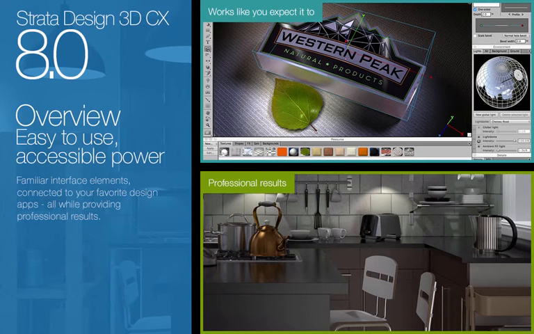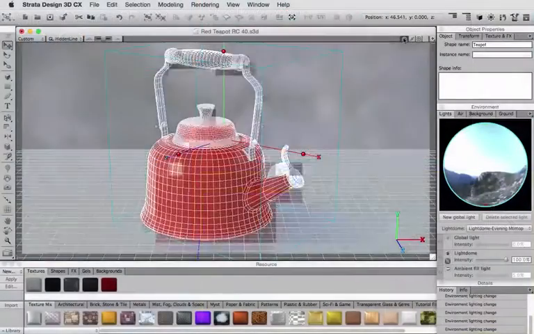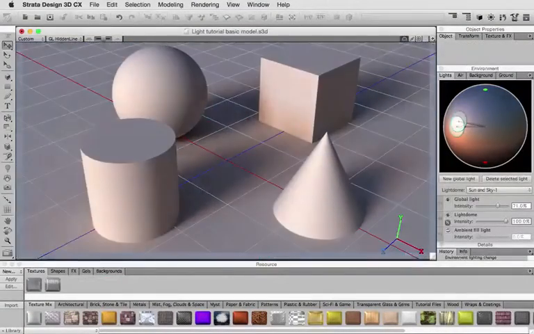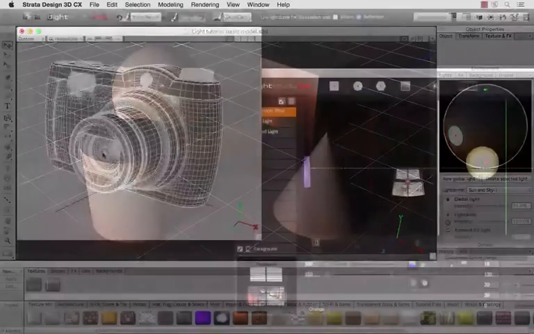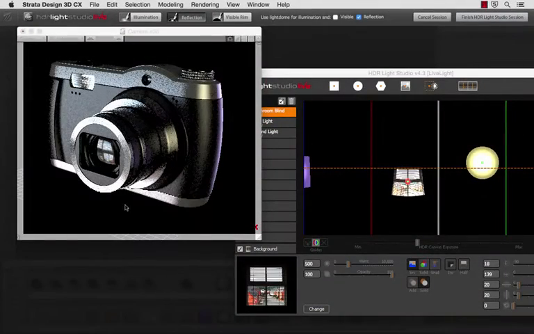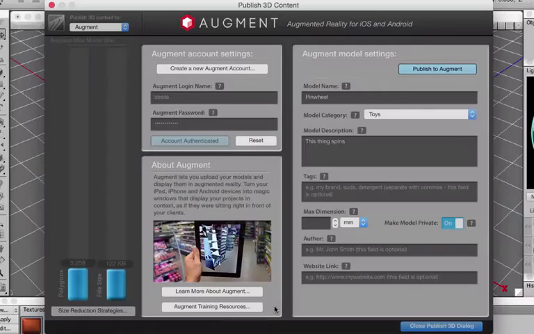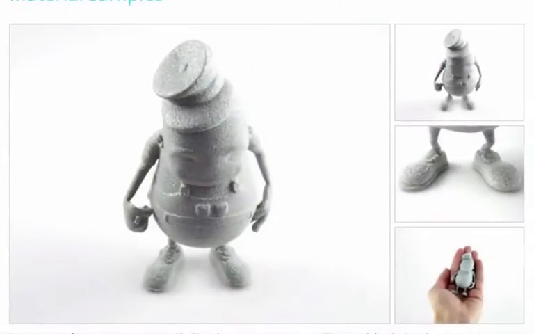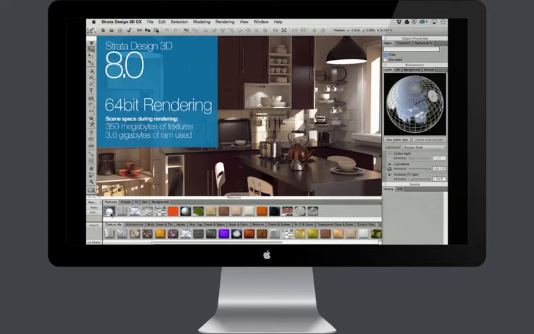Strata Design 3D CX 8.0 takes a longtime favorite of designers, illustrators, and creative professionals and moves it into the future with features like Live Ray for interactive photoreal rendering, easy-to-use soft shadows from global lights, improved light dome lighting with support for HDR Light Studio, 3D publishing options for augmented reality, interactive web 3D, and 3D printing. All this and more wrapped in a streamlined interface and a 64-bit shell for more speed and support for larger